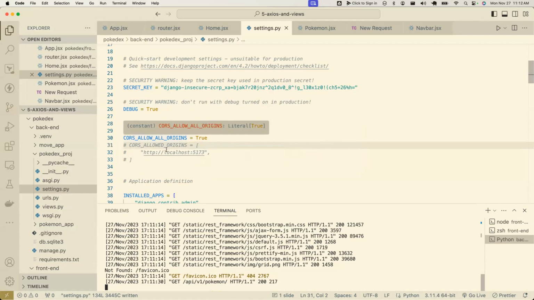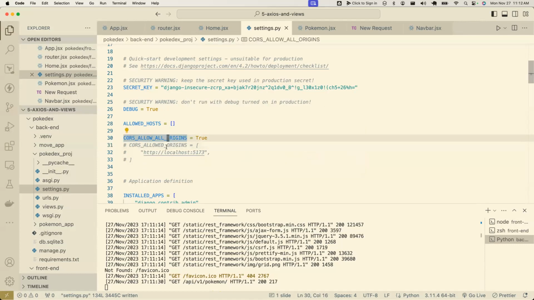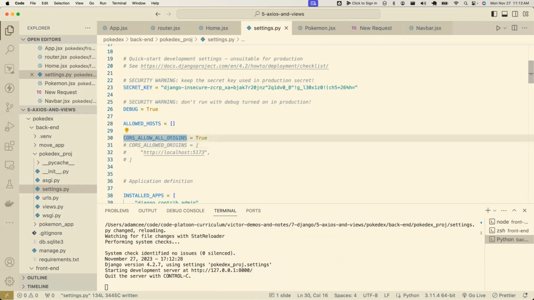To do this, we install a module called corsheaders, documented in the lesson material, but we have to update both installed apps and middleware in settings.py, and we have to tell Django what other hosts are allowed. I would probably recommend just doing allow all origins, because you might end up using a different port. I think you could just do localhost for all ports,